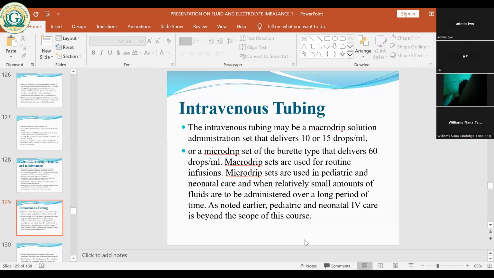So the micro drip sets are used for routine infusions. As I've said, the macro type, the bigger ones always seen on the ward, is used for routine infusions, whilst the micro drip sets are used for